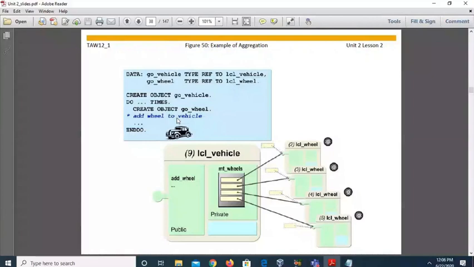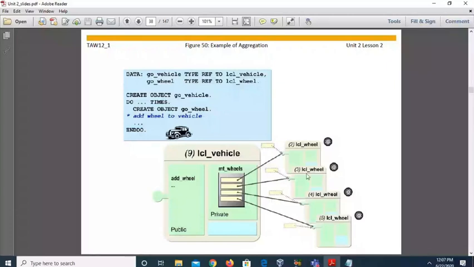Then we can add the vehicles to the vehicles. Now in this case the vehicles must be a table. If you want to add these 4 vehicles, firstly we need to make this go_vehicle a table, then we can insert the object go_vehicle1 into this one, then go_vehicle2, go_vehicle3, and so on. You can see this is an example it is showing. Suppose this is empty_vehicles, and this is a particular table. In this table we have 4 vehicles: the first vehicle, the second vehicle, this is the third vehicle, and this is the fourth vehicle. So this is an example of aggregation.